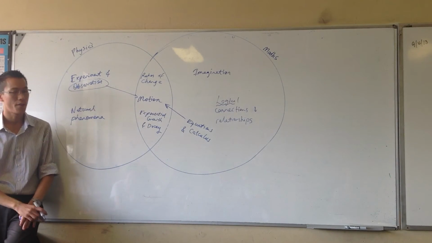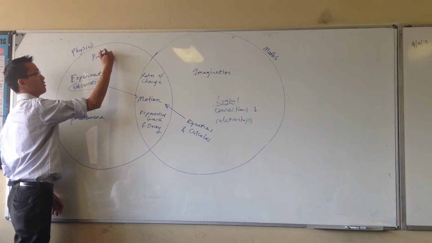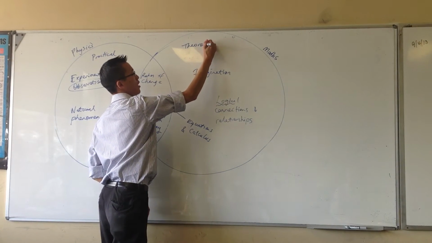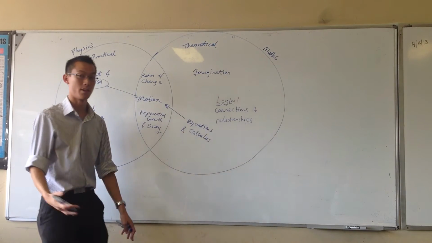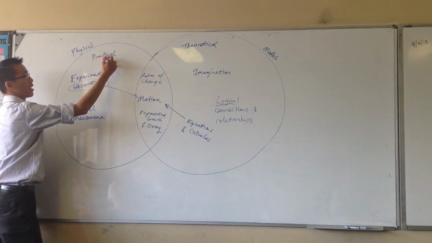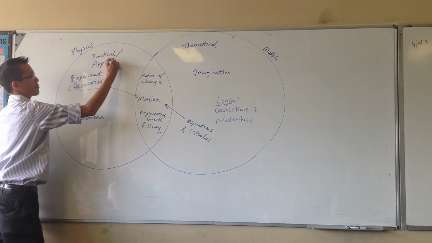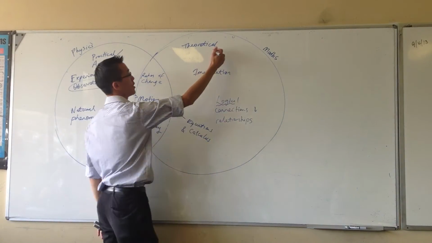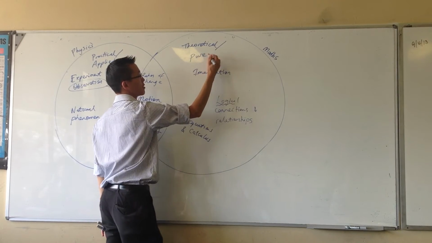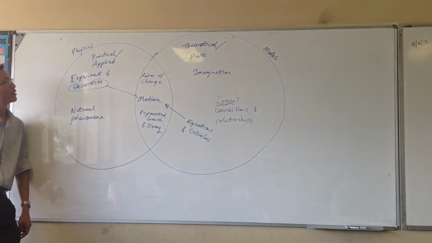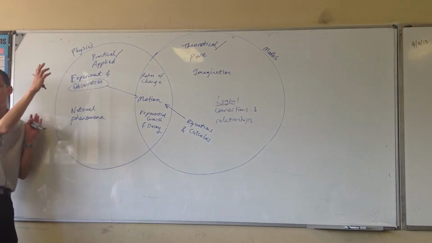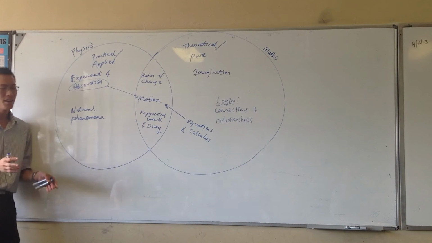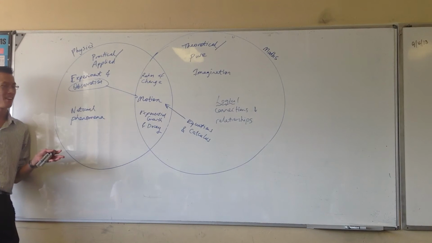So if you want to put it one more way, this is practical, and this is theoretical. The words that universities would use is that this is applied. They would actually call physics applied maths, and this pure maths. So that gives you an idea of how these two relate to each other. Does that make sense? I hope that wraps your brain around how these two relate.